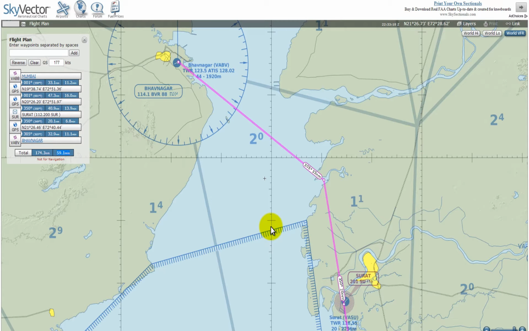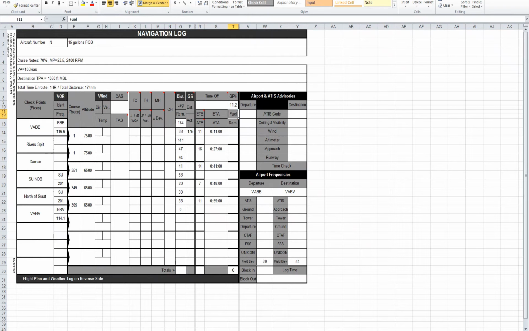And we did it because we want to minimize exposure to water, and we want to not penetrate any restricted airspace that we may not have permission to enter. So back to our flight plan spreadsheet. So here on the top,